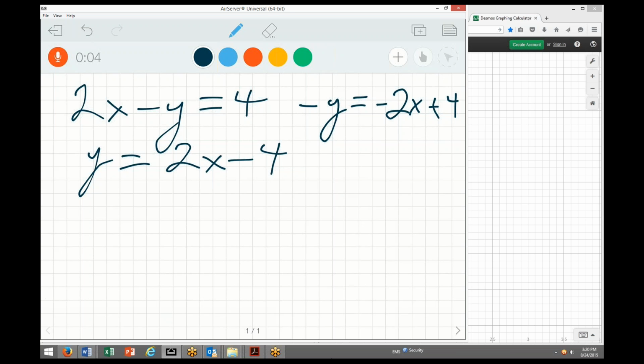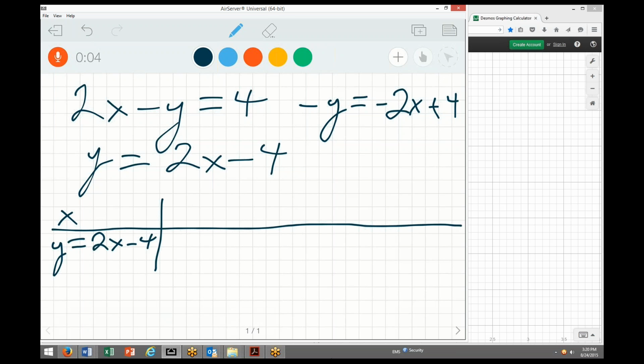So if we do that now together, let's make this table of values for x and for y equals 2x minus 4. Let's do about 6 different ordered pairs here. So for instance, if x equals negative 1,